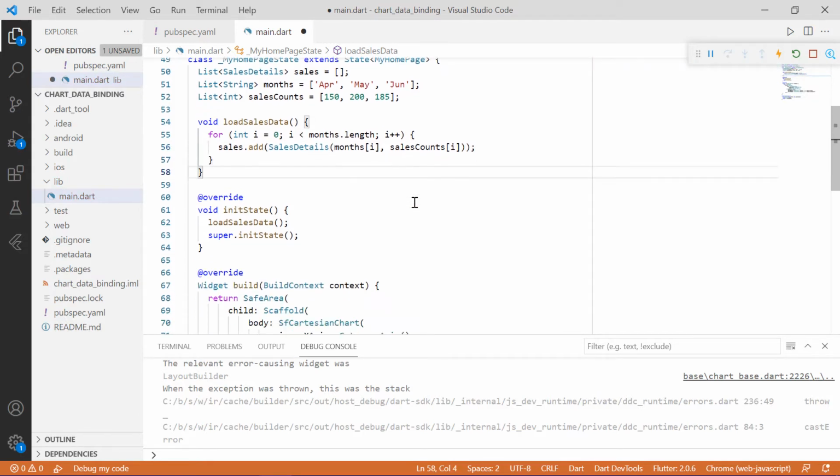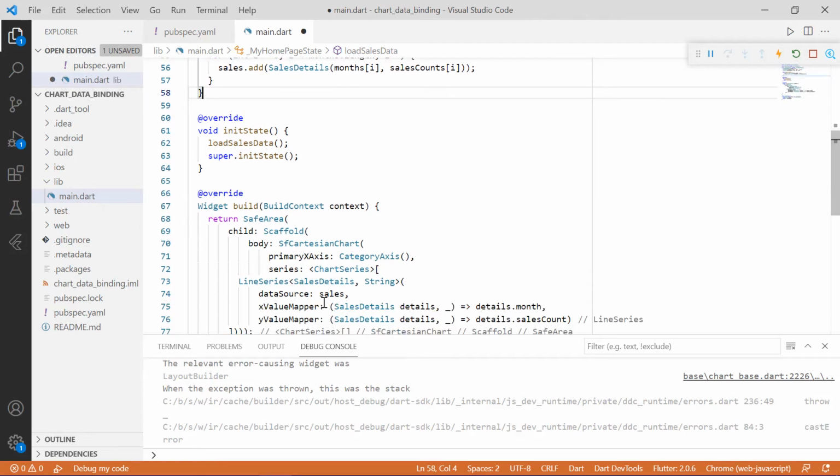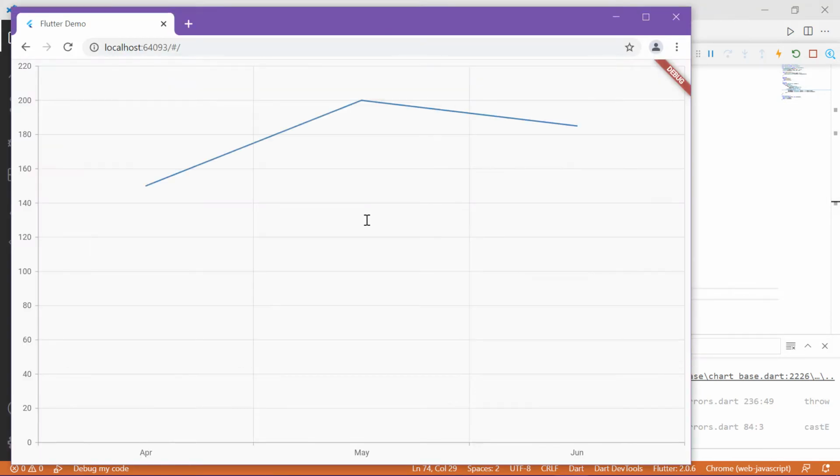Thus, a class type list is formed from these two predefined lists. Let me save this and check the output. You can see that our new data got reflected in the chart.